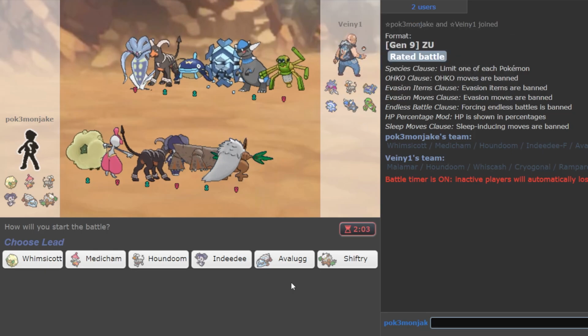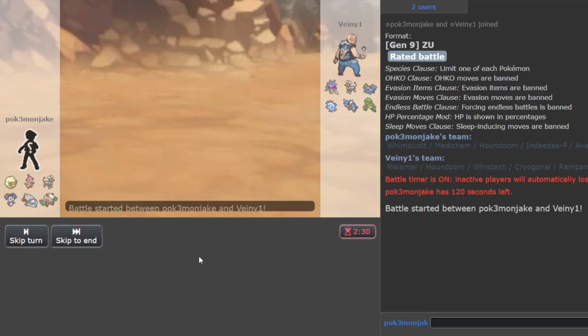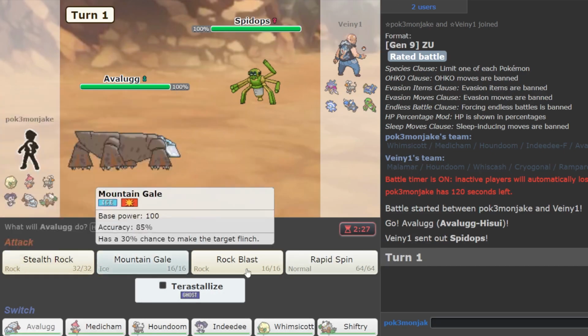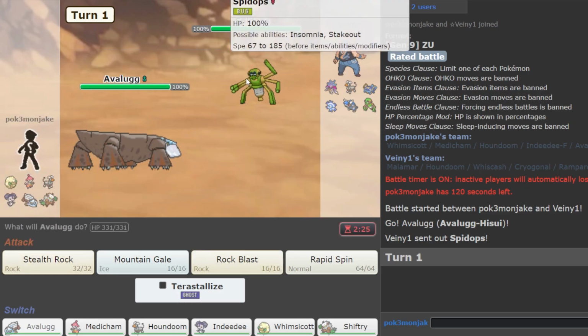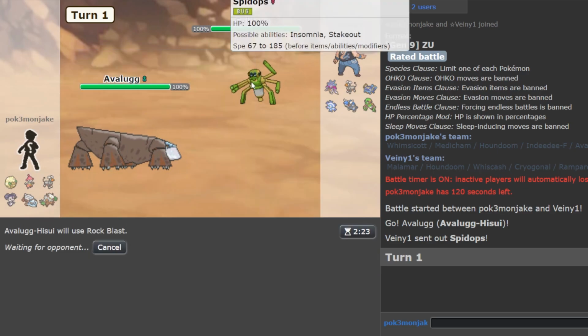They do have Cryogonal, and if they... The other thing, we don't have a ghost type. That's where Haunter's kind of nice. And Terastallizing Avalugg isn't great, but I think we still lead with it. If we can just Rock Blast kill this thing, let's go for that. I think we should be faster. I don't know if these guys usually go max speed, but...